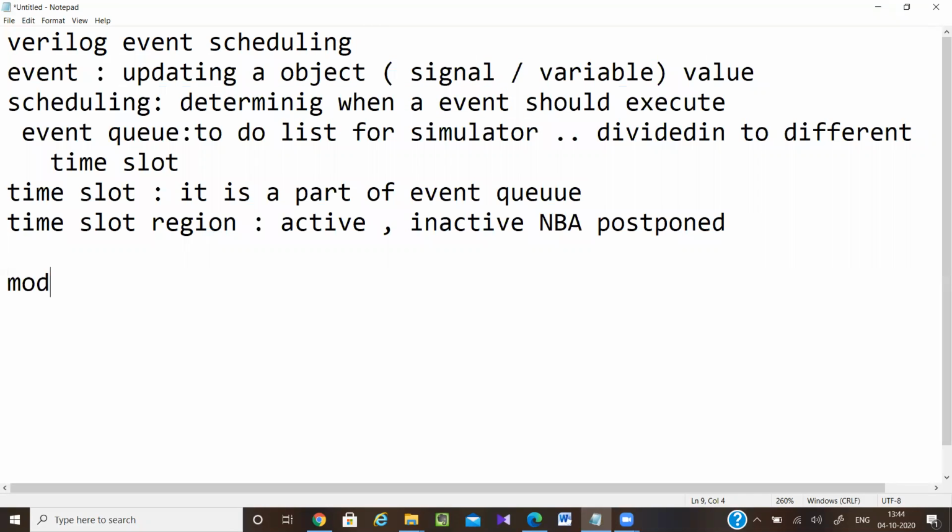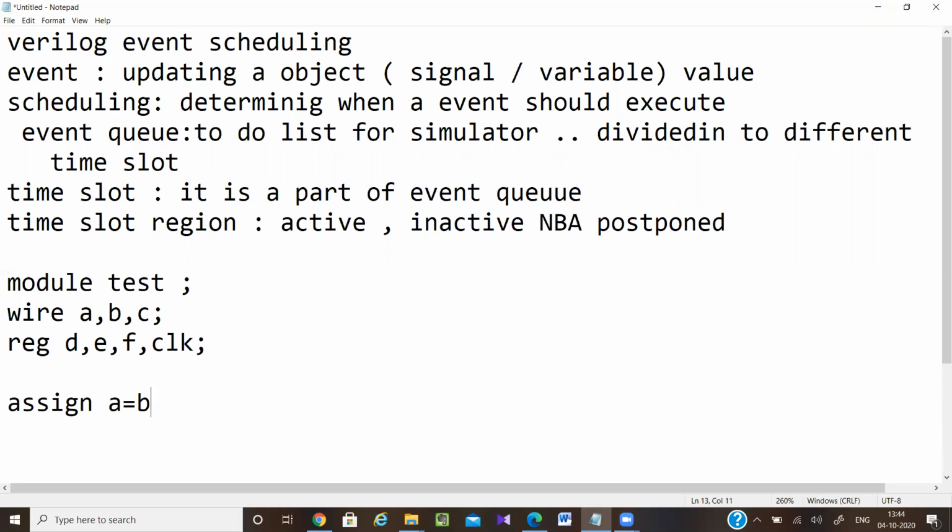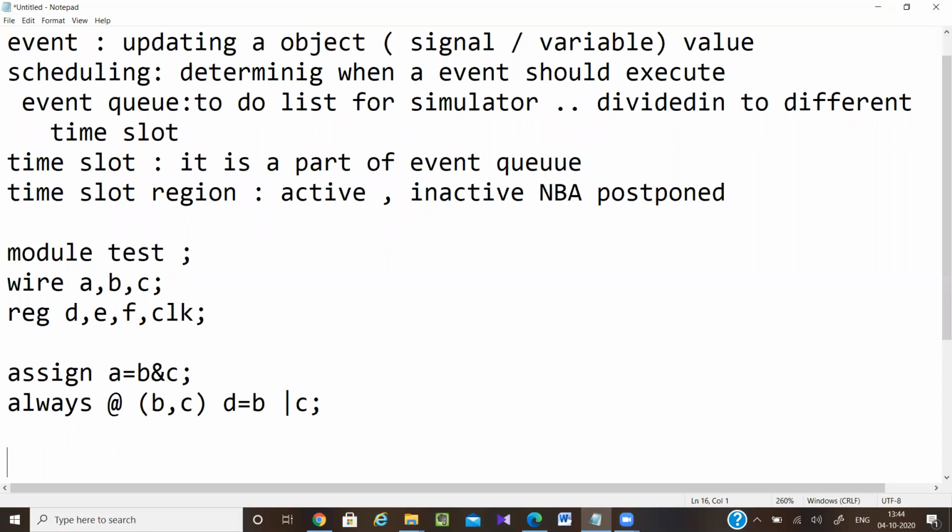Okay, I am writing some code: module test. First, assign A equal to B and C. Now always @(B, C), D equal to B or C. Next, always @(posedge clock), you can write E equal to F. So I have written three different statements.